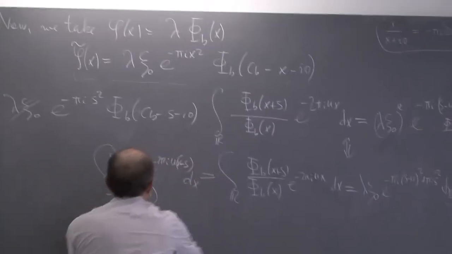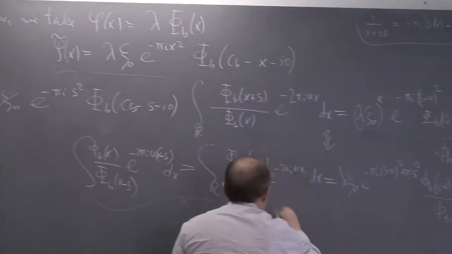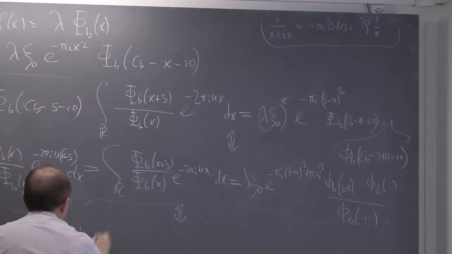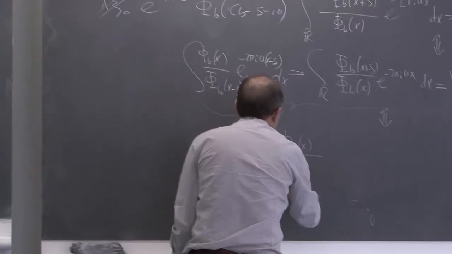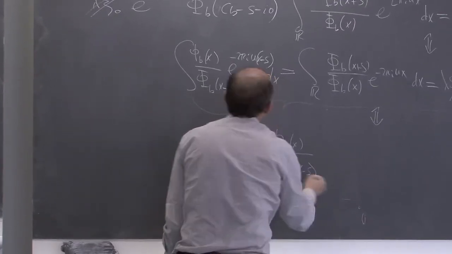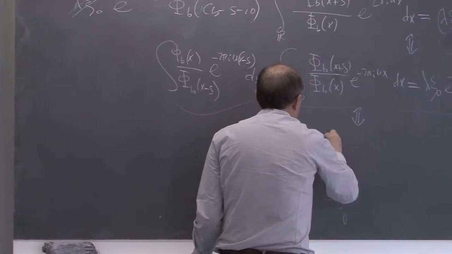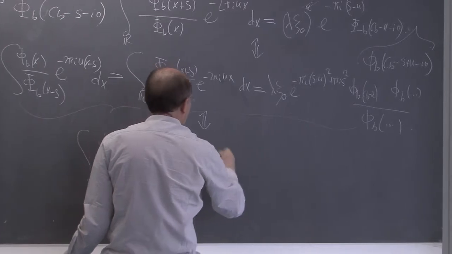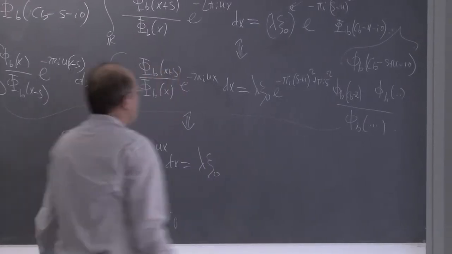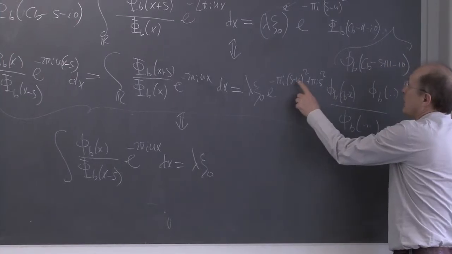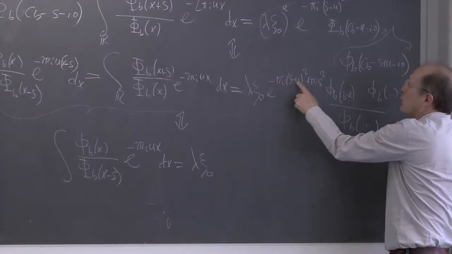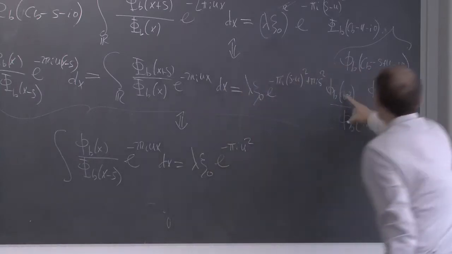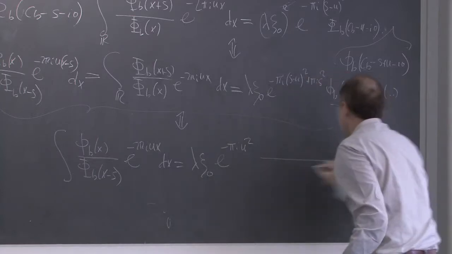So altogether, this is equivalent to the final identity, which I'm going to write explicitly: phi b of x divided by phi b of x minus s, e to the minus 2 pi i u x dx, is equal to lambda zeta 0. And now after simplification, the only thing which remains is e to the minus pi i u squared,